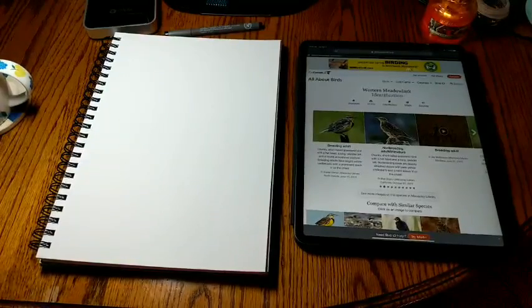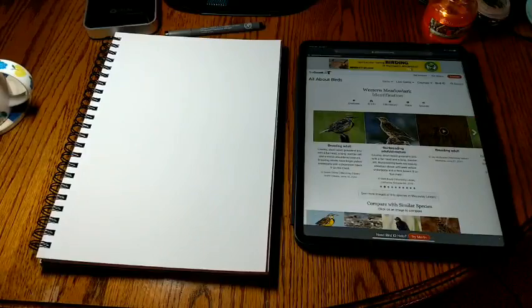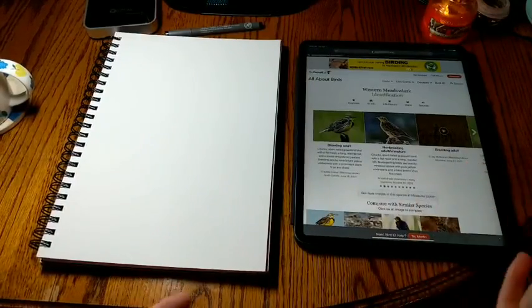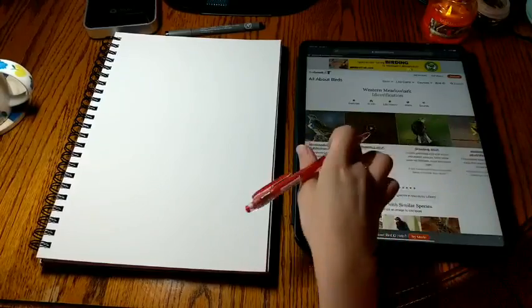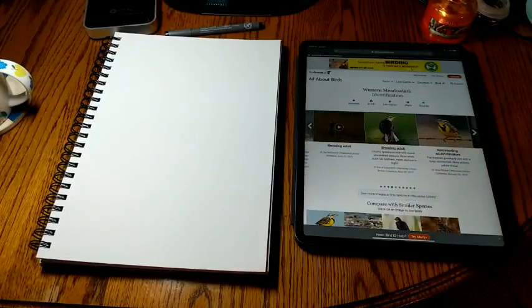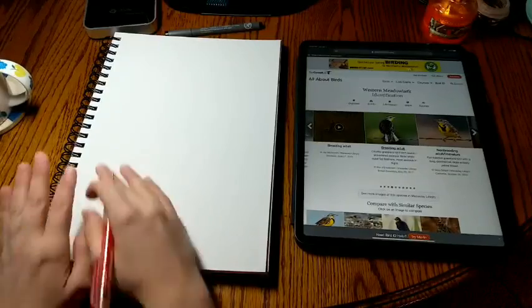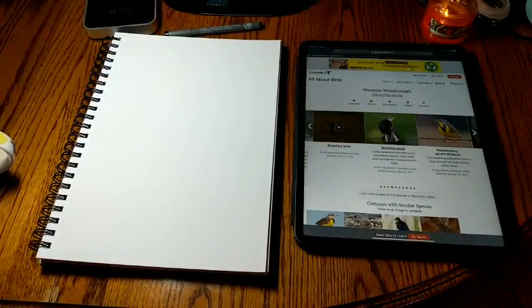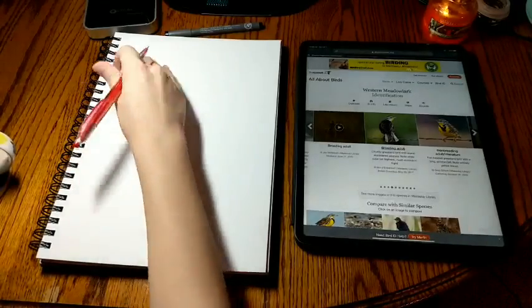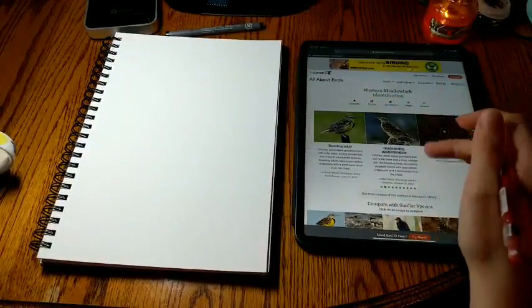So I decided we were going to start by sketching and getting to know our state bird here in Kansas, the western meadowlark, who is just a beautiful bird. And we'll see what we're feeling. I haven't quite decided if we're going to do one whole page dedicated to an animal. I feel like that'd be nice because the last two journaling sessions we had a compare and contrast. But on the other hand, there are some